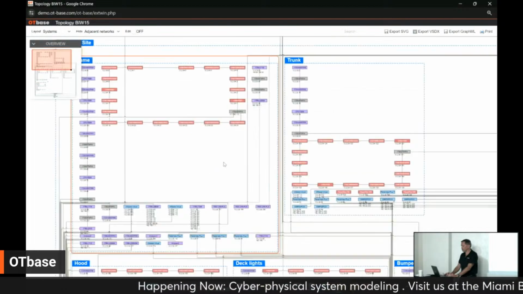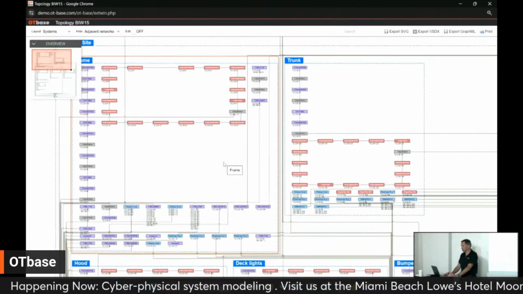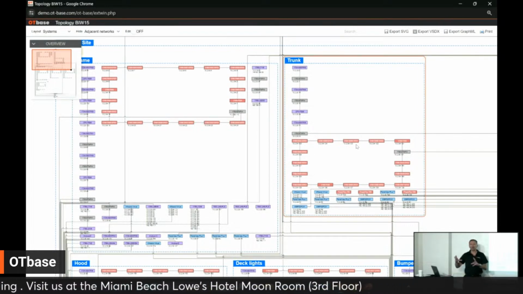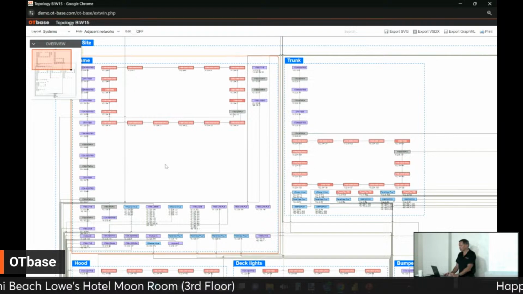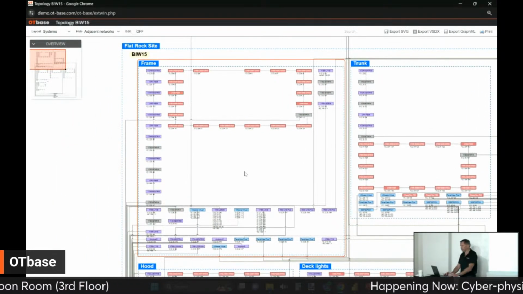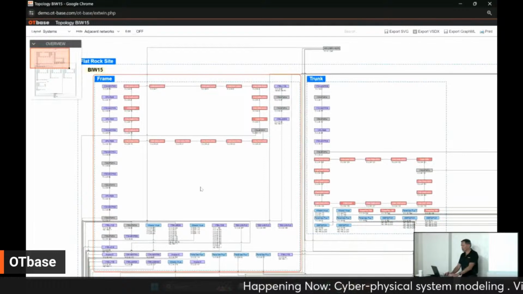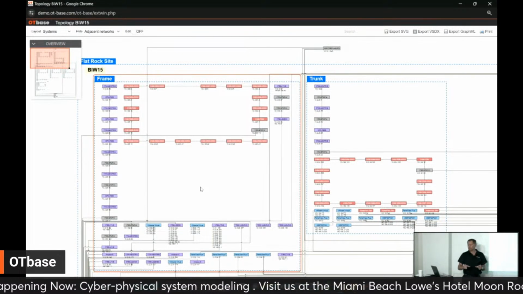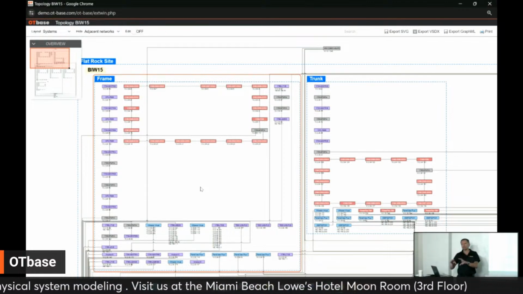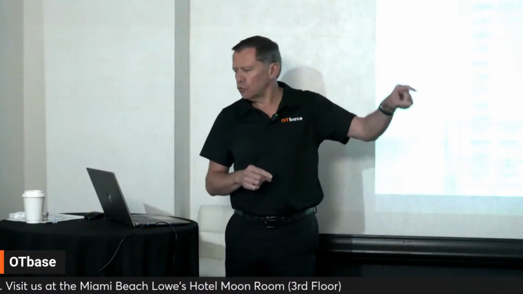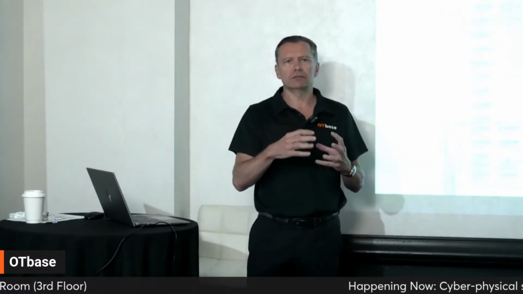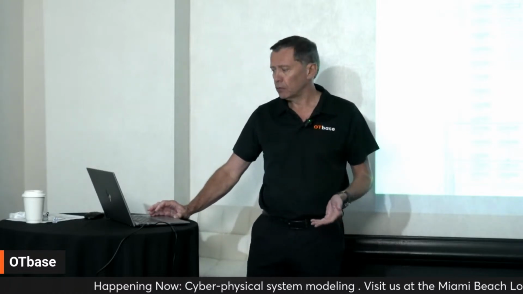So when I look at this topology diagram, which is created automatically, I can now see exactly the network topology and devices which are part of that trunk cell, as opposed to those that are part of the frame, of the hood, etc. So in other words, once you have defined your cyber-physical model, once you have told OTbase, okay, these OT devices belong to that trunk cell as an example, everything else is put together automatically. There is no more manual labor involved,